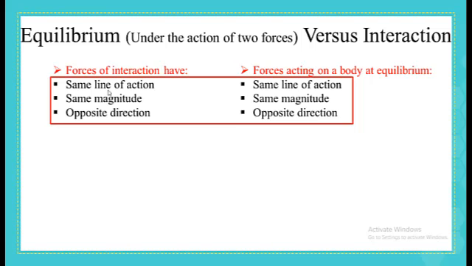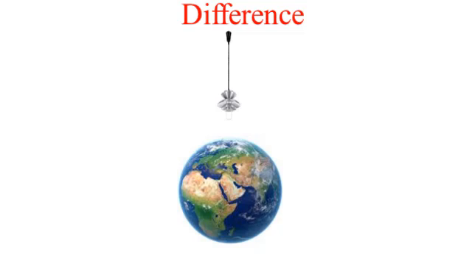In order to avoid any confusion between the forces of interaction and the forces that act on a body at equilibrium, let's look for a difference between them. Our example right here, we have a string hanging a lamp, and here is the earth. First, let's talk about forces of interaction. Let's take into consideration the interaction that happens between the string and the lamp. So we say that the string exerts a force on the lamp, S for the string and L for the lamp,